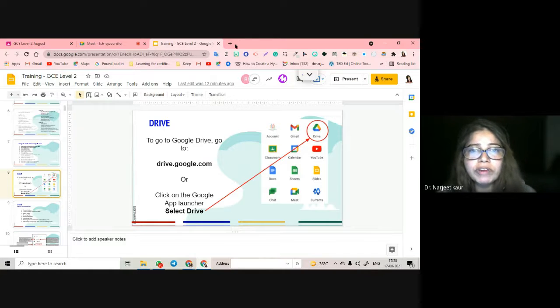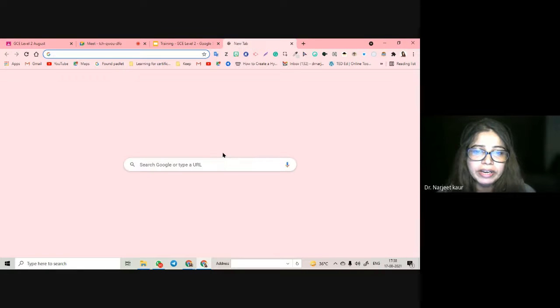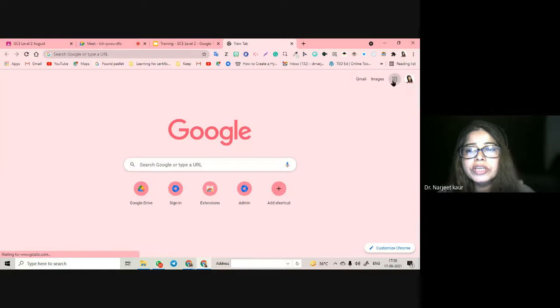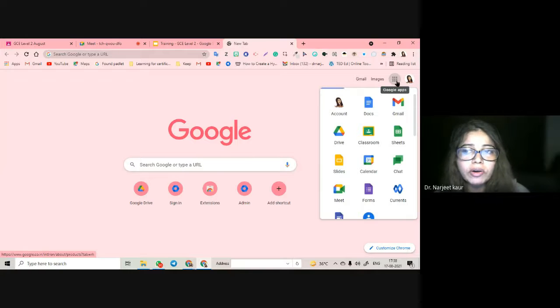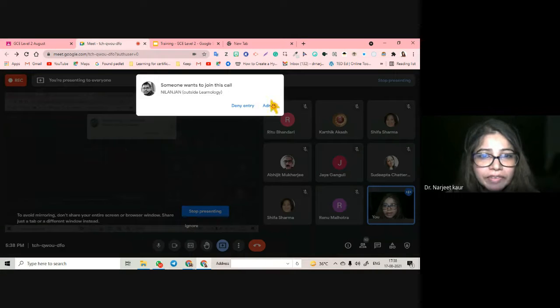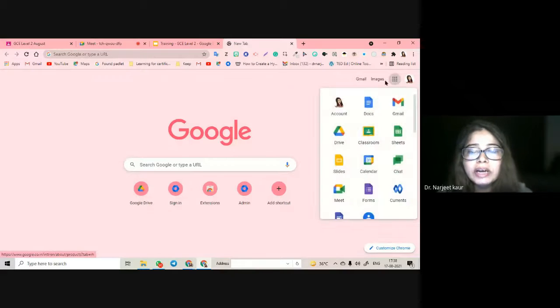How to go to the drive, I'm going to start with the hands-on thing for drive. So when you reach these 9 dots which I call, and you are also going to call it the same for the reference, so that we all remember everything clearly. All right. For the reference, I'm going to call this a waffle.